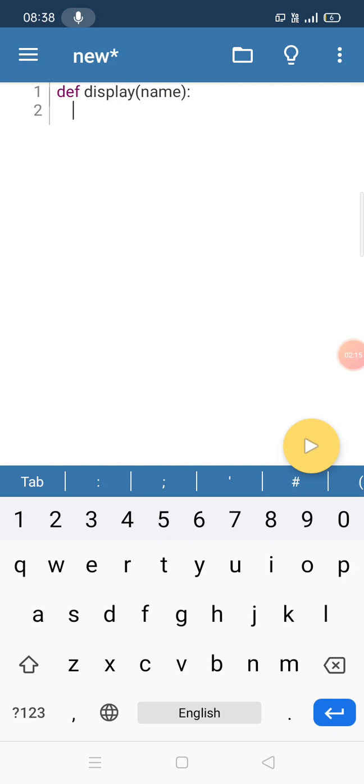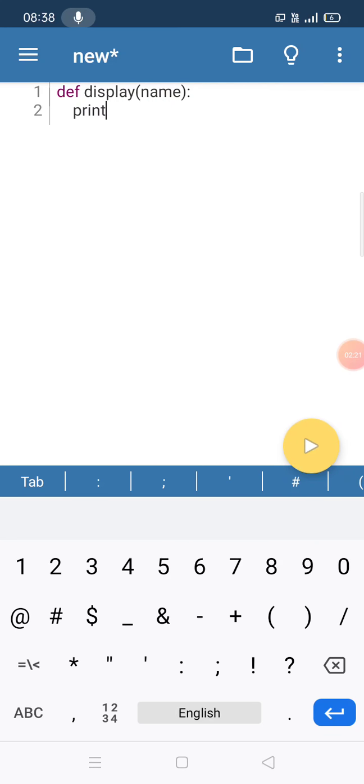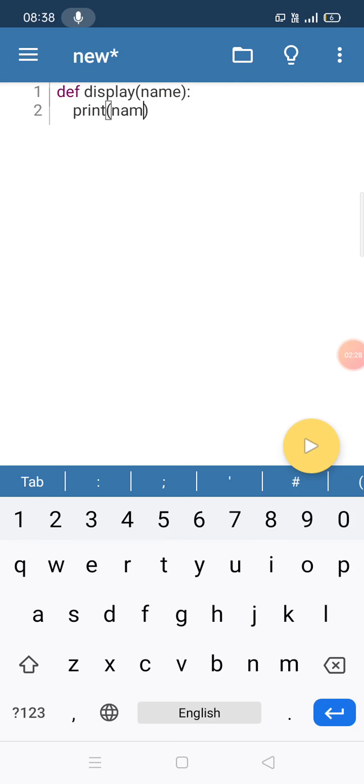Now I am going to include the statements. Print, and then I am going to print the name, which I am going to receive from the main program or the calling statement. We are going to receive these names from the calling statement.